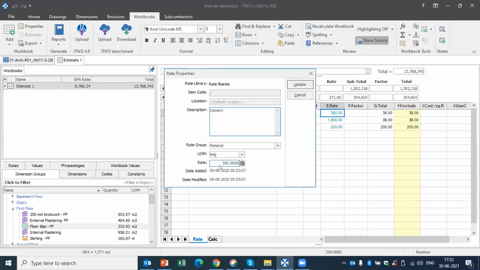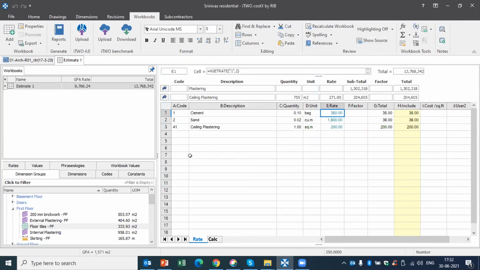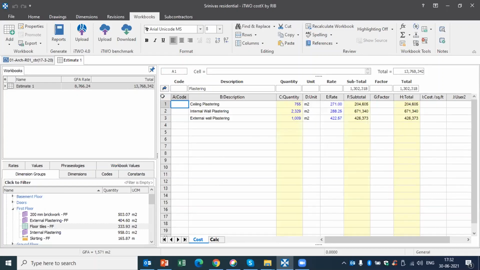And cement is a common material which is being utilized for all other activities. If this rate is getting increased to say 480, if you update here, it will be automatically changed in your ceiling plastering, external plastering, internal plastering, your flooring works, everything, etc. So this live link will be helpful more in updating your quantities and your rates also. So this rate analysis we can prepare as per our requirement and with the specification.